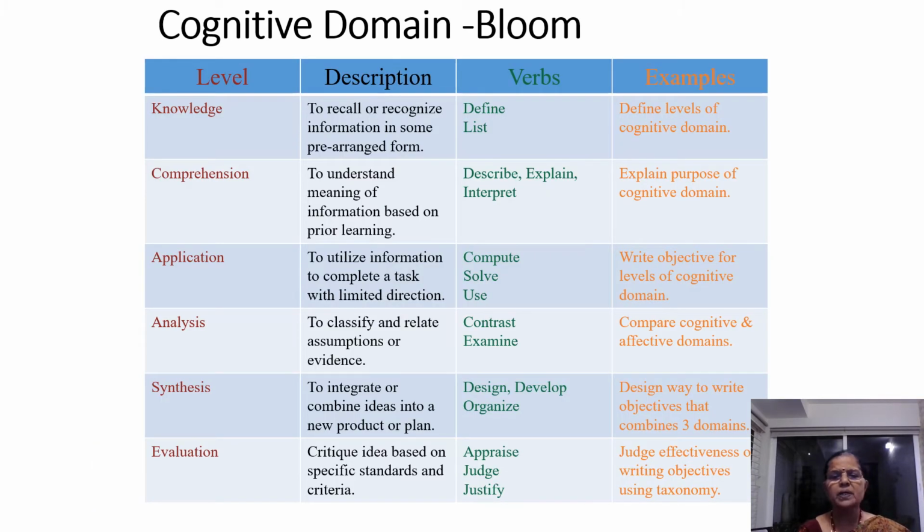Now, this is also the cognitive domain. Don't get frightened about the various columns and a lot of writing. They are the same thing, but more description is there. For those who want to describe each level more, just go through it. You need not memorize it. Actually, of course, you have to know the levels by heart,